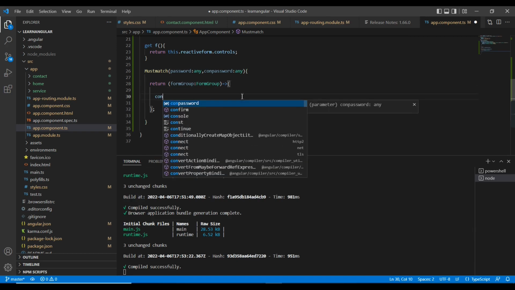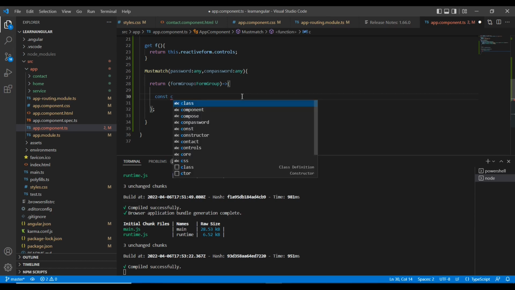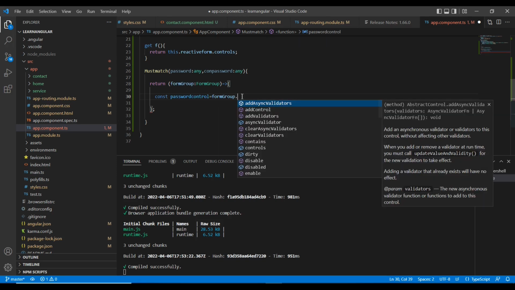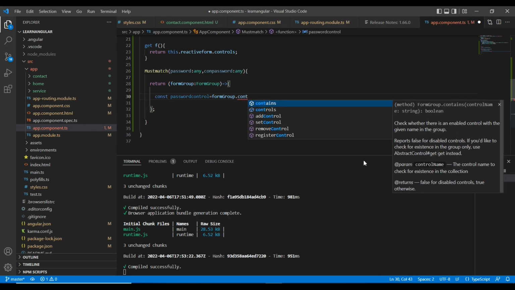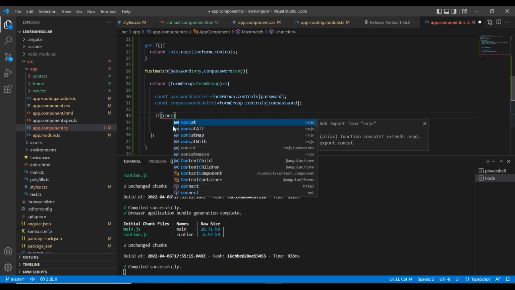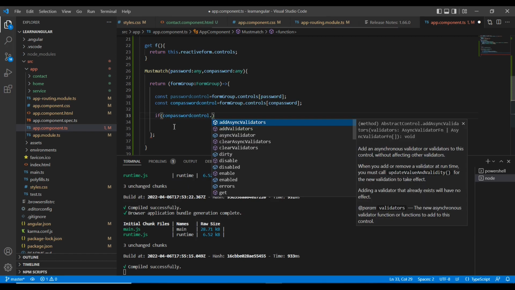After that, I am going to declare the constant passwordControl equal to formGroup.controls, where we need to pass this password value. The same way I am going to get the values for the confirm password. Once we have this information, we can access the particular control. Actually we are applying validations for this confirm password, so if this confirm password has any errors,